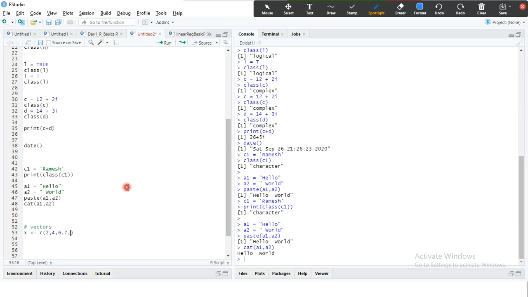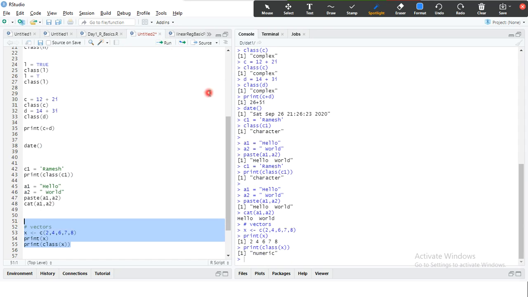For example, 2, 4, 6, 7, 8, and print x, print class of x. It is a numeric data type. By default, as I said, even though the vector x is an integer data type, it is by default assigned numeric data type.